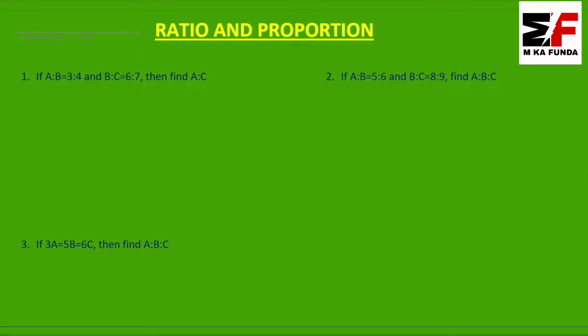So before we start, let me tell you, ratio is nothing but just a fraction. Suppose we write here A is to B. That means A upon B. If we write 5 is to 7, that simply means 5 upon 7. So I hope you have understood this. Now let me remove this.